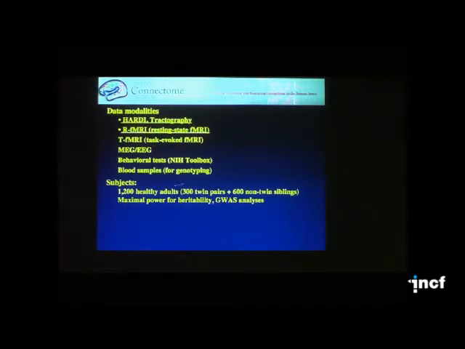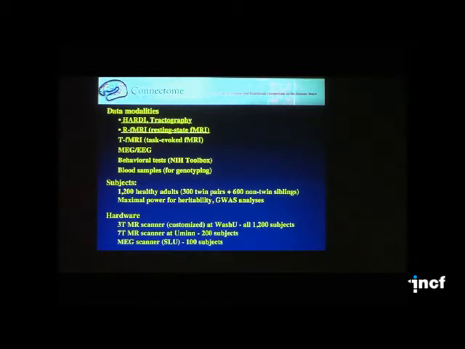So we will scan 300 twin pairs, and for each pair, 2 of their non-twin siblings, and that will give us maximal power for analyses of heritability of connectivity, and also for genome-wide association studies will benefit from this twin-based strategy. We intend to do this on a multi-platform basis.